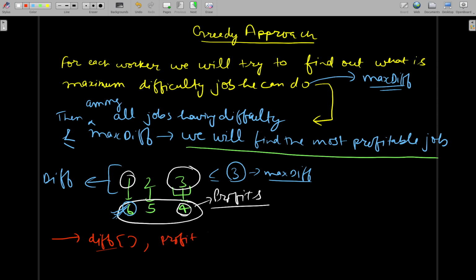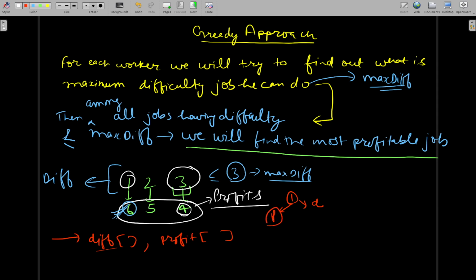There is no single array which has mappings of difficulty versus profit. So let's say the first job is giving me some difficulty D,